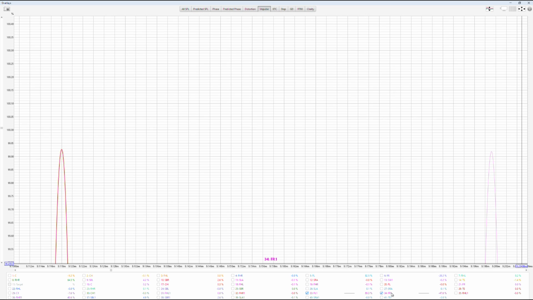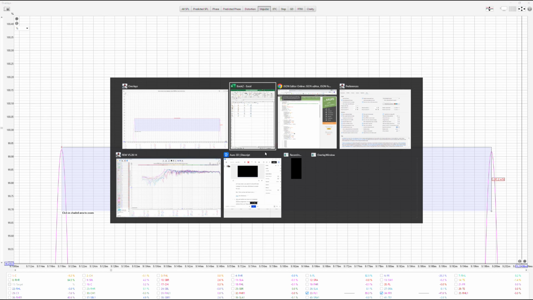Again, FR1 arrives earlier than the front left speaker, so it's a minus. From the tip of this one to the tip of this one is 0.024 meters. They are almost on top of each other.